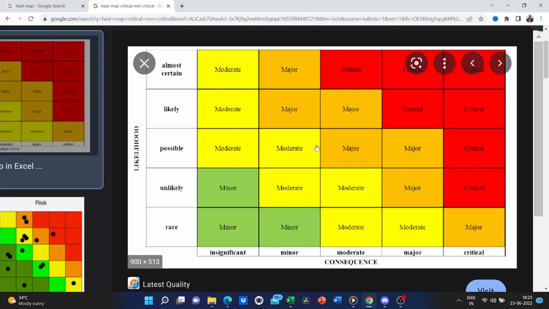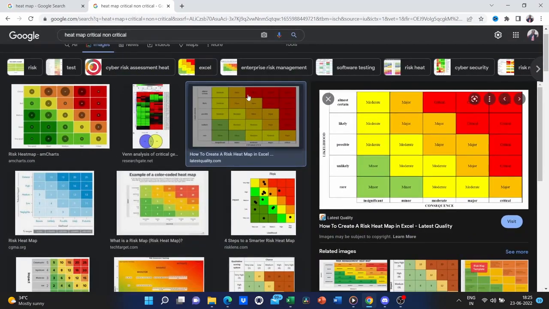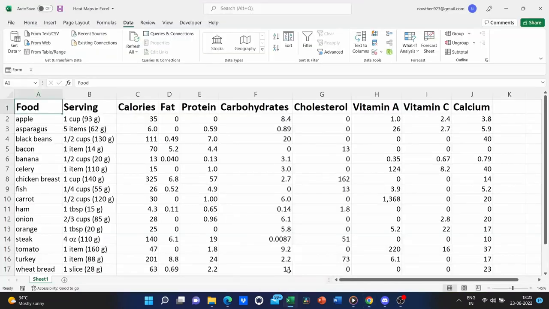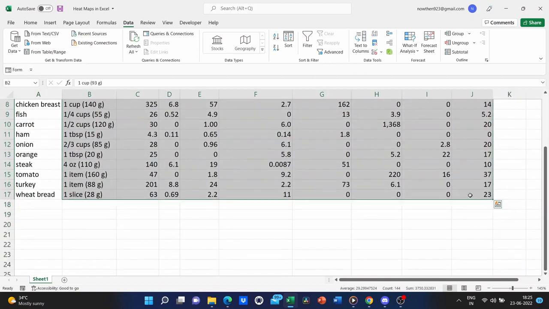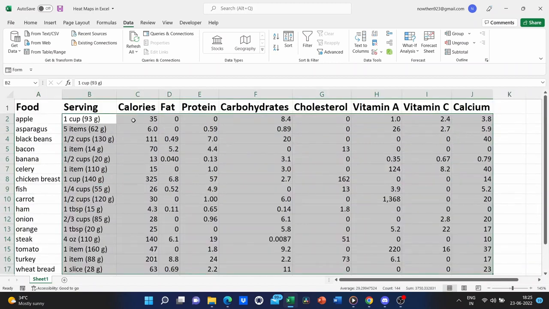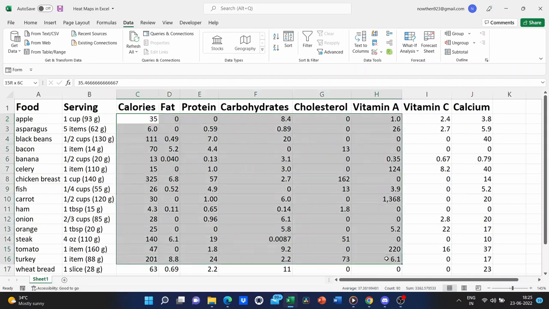One of the best things about a heat map is that it can give the viewer an immediate sense of what the data means and what stands out in that data. So let's take a look at how easy it is to set up a heat map kind of effect in my spreadsheet. So the first thing we need to do is select the data that we'd like to turn into the heat map, and unfortunately, you can't just click and drag and get all of it at once. Let me show you why.